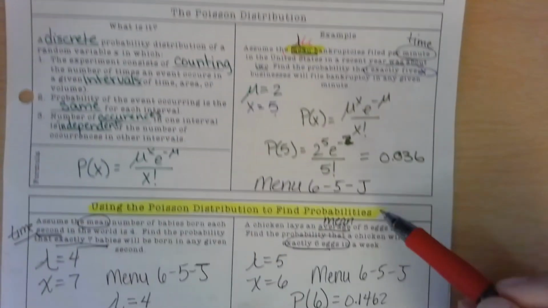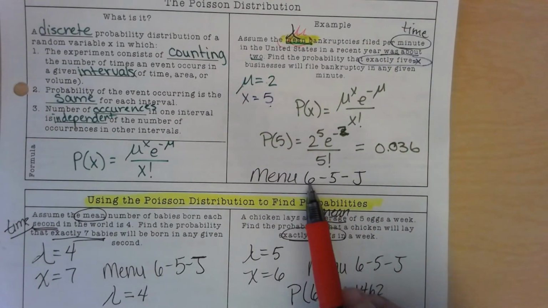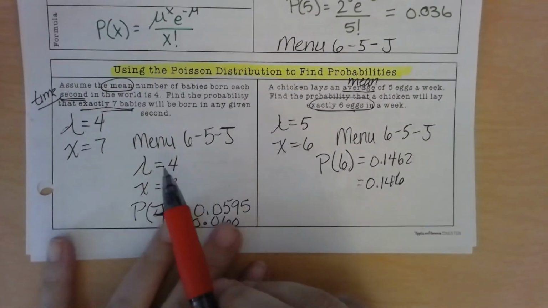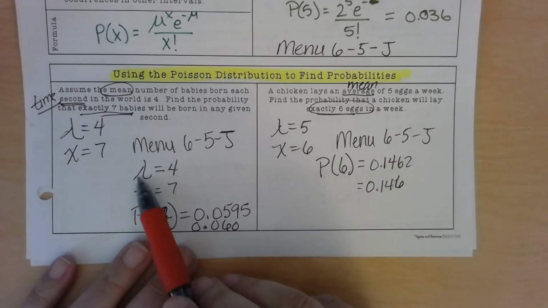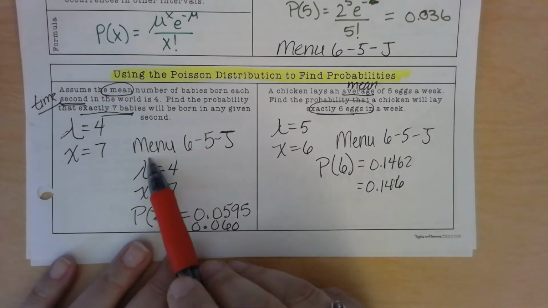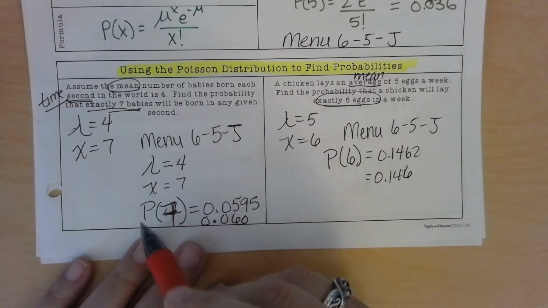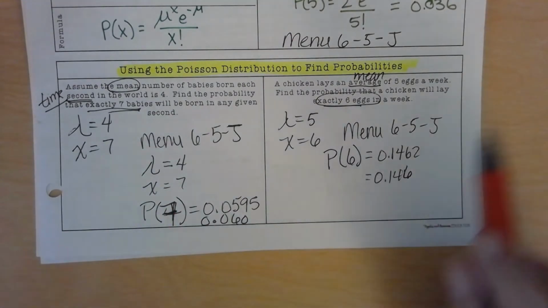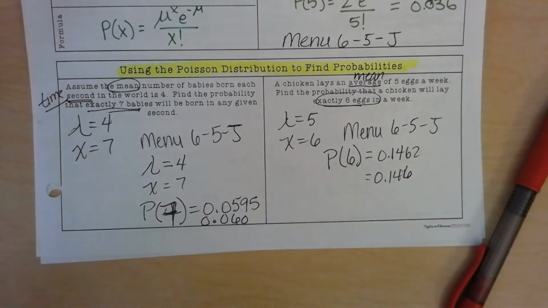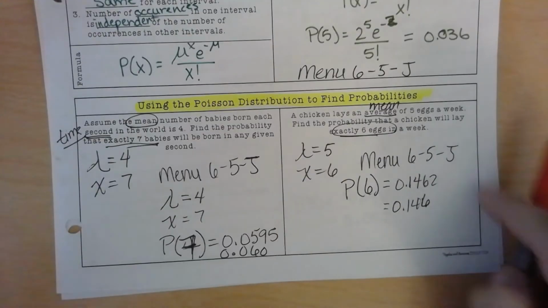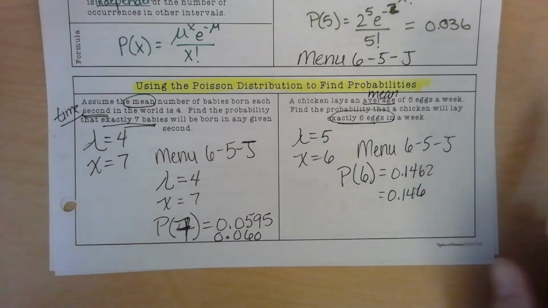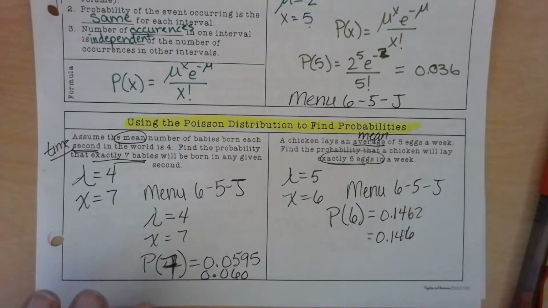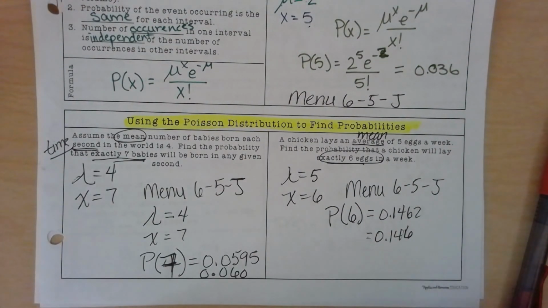If you're using the calculator, the shortcut is 6 5 J. I keep using this funny-looking upside-down mu. I can't remember actually what it's called. It's another symbol for mean that's used in Poisson. So if you look at the Poisson formula, it's actually using this version instead of the mu, but mu is the same thing. Okay, that is all of the notes for